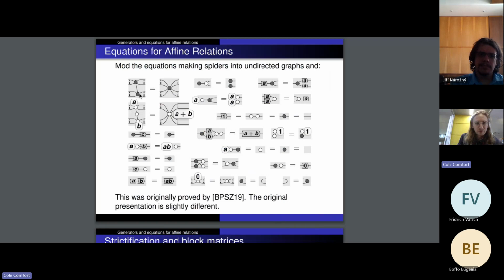So when two of these undirected graphs touch together, they fuse, so that they have more legs. And then similarly for this white one, and then the affine part fuses as well. And then you have standard algebra structure and convolution and all these things. So this is just the starting language I'm going to be using throughout the rest of this talk to build more and more interesting things, ending with infinite dimensional Gaussian quantum mechanics and its equational theory.